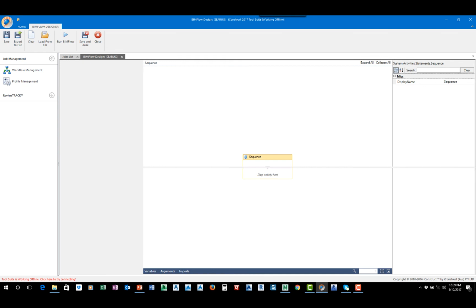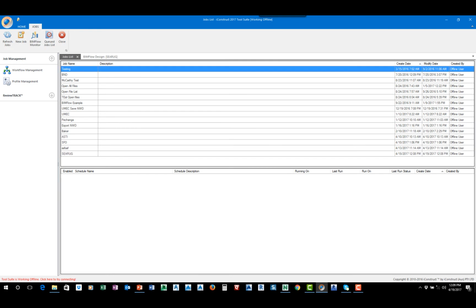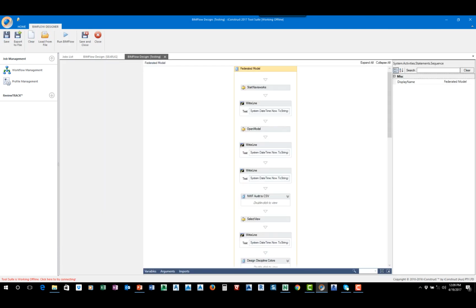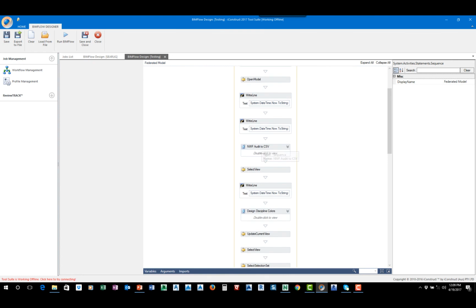I can show you one of the jobs here. So for instance, this job here. So this is a job, and like I say, all of these things would be present over here right now, but I've just loaded this new version on this morning, a beta. But basically what I've got here is starting Navisworks, opening up a model, okay? We can do a few other things in here. We're selecting different views. We're auditing our model, breaking it up by different levels. We're doing the clash detection. We're exporting out new models